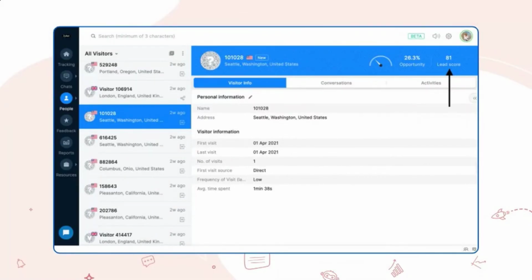So, what are the benefits of lead scoring? Why do you need lead scoring? You can identify the type of visitor based on his or her lead score, and lead scores can tell you which visitors are most interested in your product or your business and would turn into potential customers. So basically, the higher the lead score of the visitor, the higher the probability of closing the deal. So you can determine who your potential leads are and focus on them.